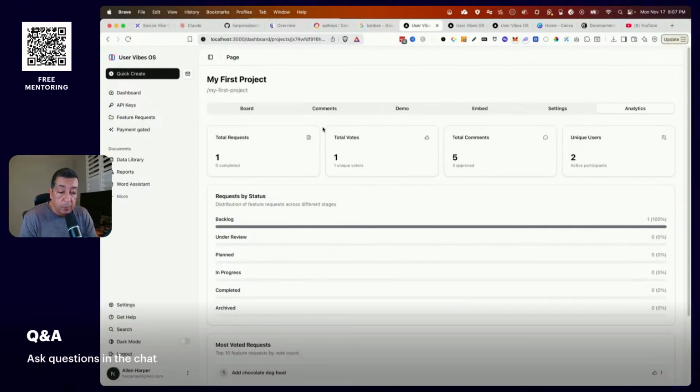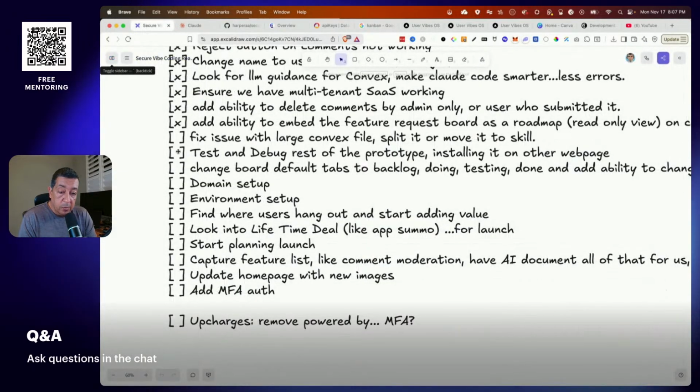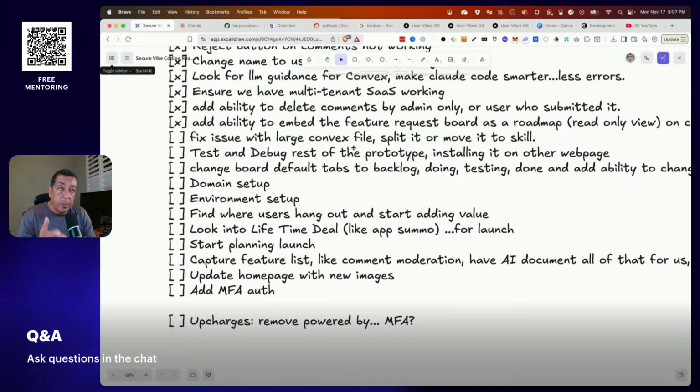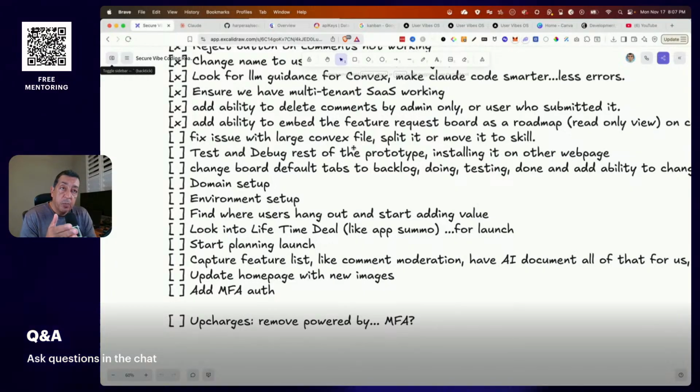All right, so here we go. Let's have some fun. Let's start knocking some things off our to-do list. The first thing was left over from yesterday. We got an issue with a large Convex file. Now, you remember last time, those of you who were here, we went out and cheated. We went out and got this big